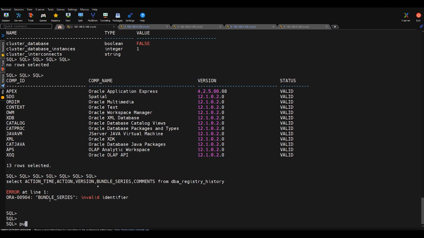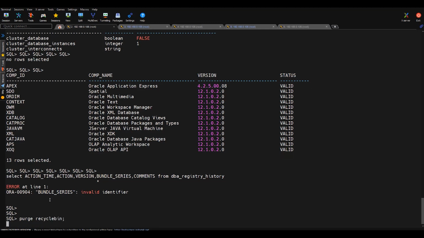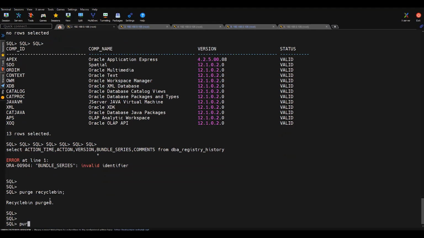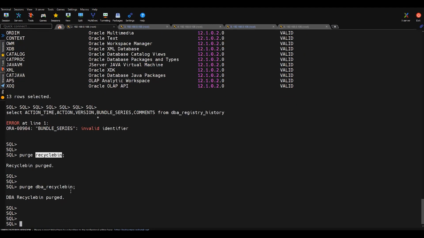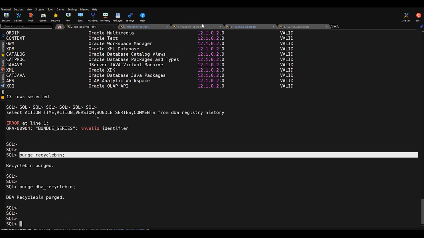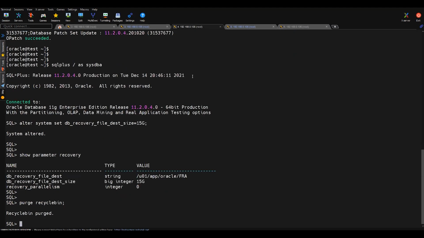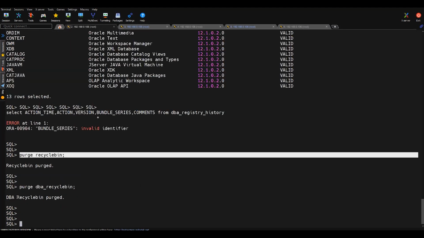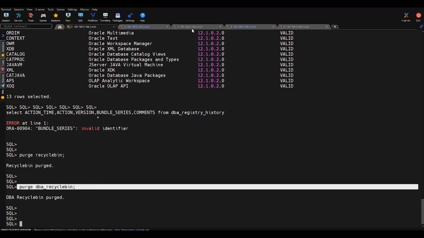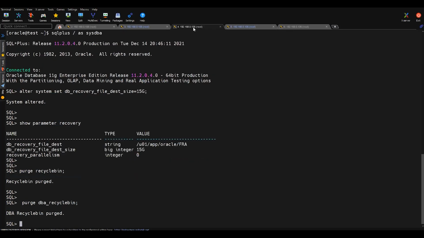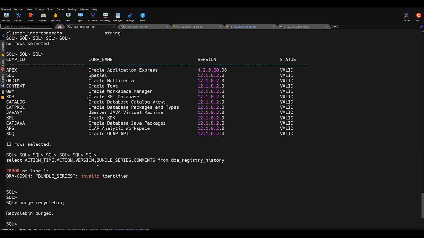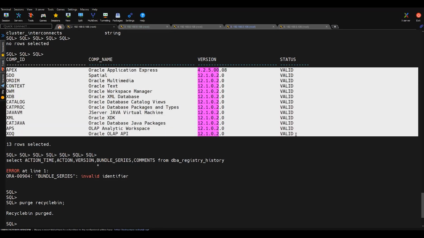I'll mention this also: purge DBA_RECYCLEBIN. And if there is a huge number of audit files, make sure you also purge the audit trail, but take a backup of it. Also make sure there are no invalid objects in the component details.